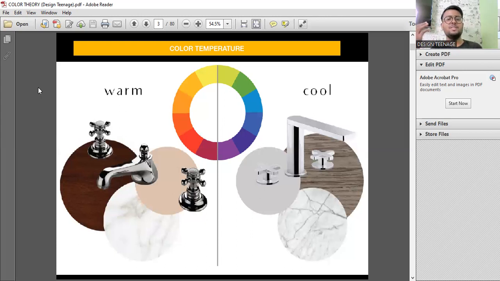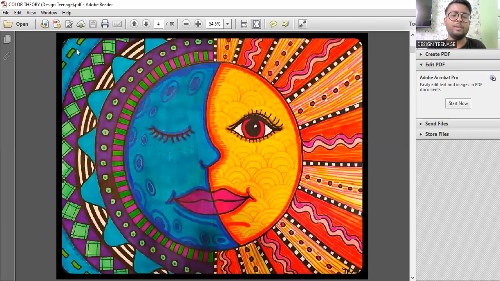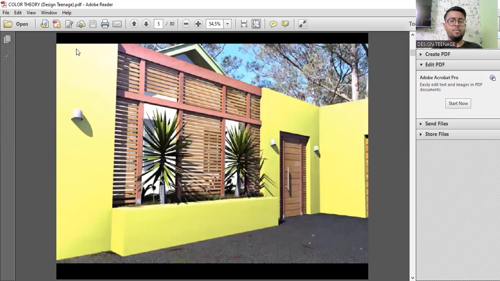But this is how the sense of the feeling that we get is conveyed in our psychological system, a message of, okay, this is warm, this is cool, and this is the feel that I am getting. Hence, I am going to categorize it in this sector. Over here, it's just the opposite. Left side is cool, right side is warm. Okay. Let's move ahead with some great examples of color compositions.